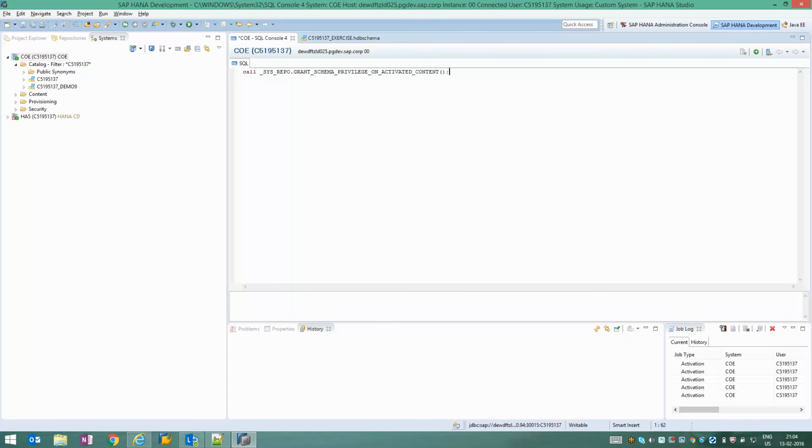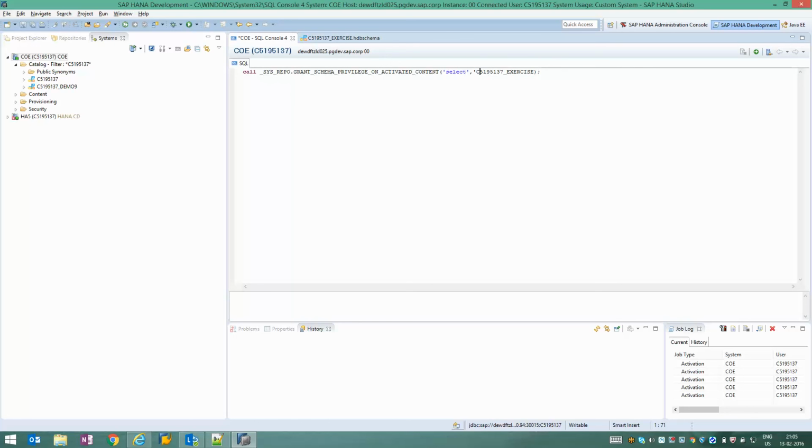Now this procedure takes three importing parameters. The first parameter is what is the operation that you wanted to grant permission to. That is basically whether the user can select the values from this database schema, or insert the values, or update, or delete. So basically we are going to give this authorization. In this exercise, I'm just going to give the authorization for select. So the first parameter I'm giving as select, and the second parameter is going to be the name of the schema for which I'm going to grant the permission. So I have given the schema name.